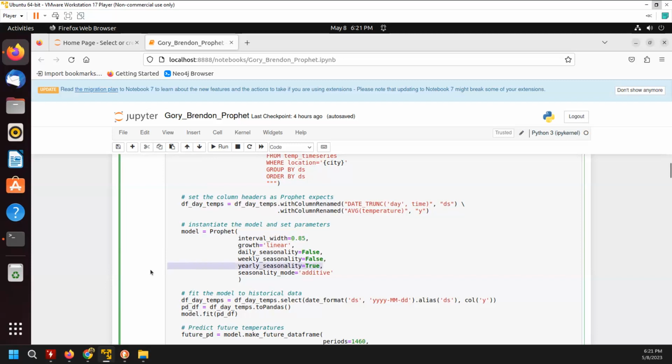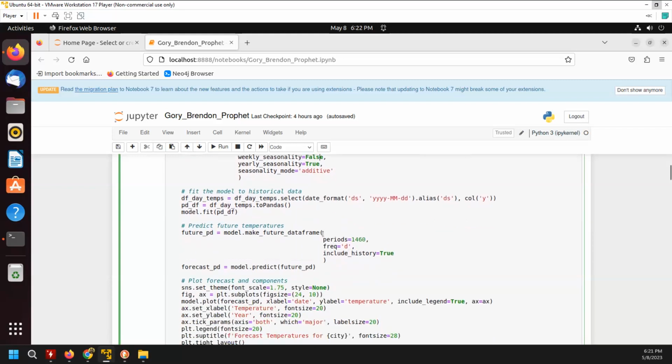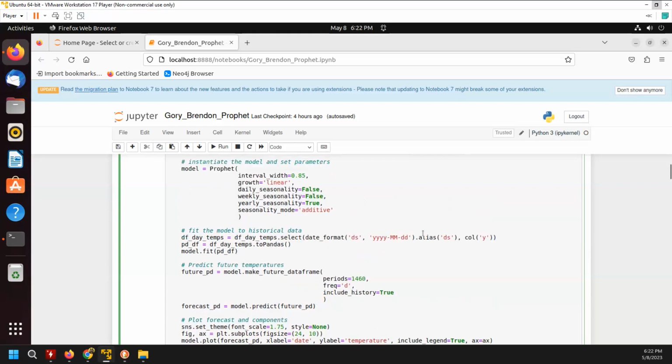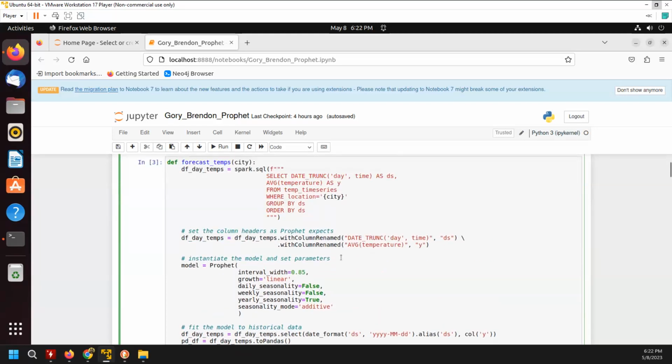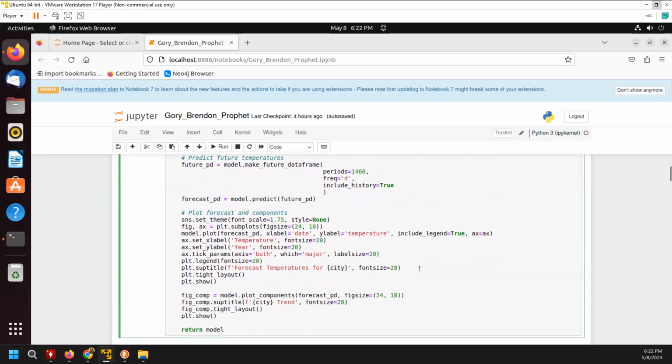Definitely know that there's yearly seasonality, but we could certainly tweak with this. Weekly seasonality, daily probably would be overkill. And we chose additive seasonality mode to fit the model. Then we're going to rename these columns. It's very specific for Prophet that it wants to make sure that y and ds are the column names for the model for it to properly run.